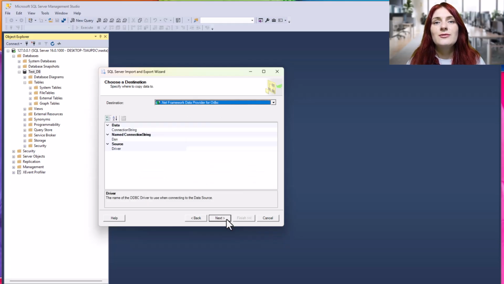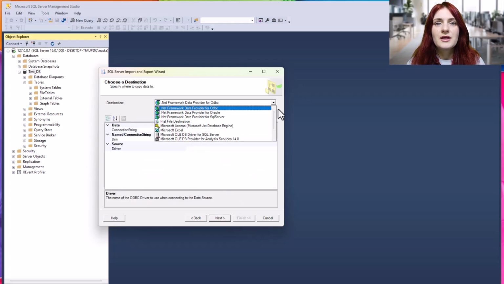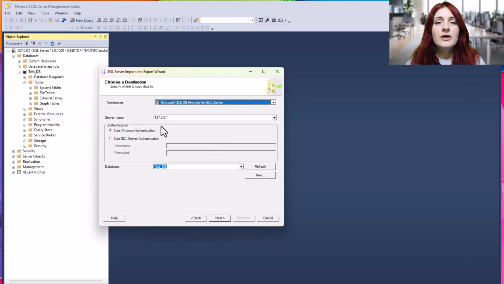In the next window, we choose the destination. If we want to import it to our database, we should choose SQL Server Native Client 11 or higher. Then we have the server name. It's by default our DB if we have opened the wizard from that DB. If there is no server, then you should write it on your own or copy-paste the name of the server, as